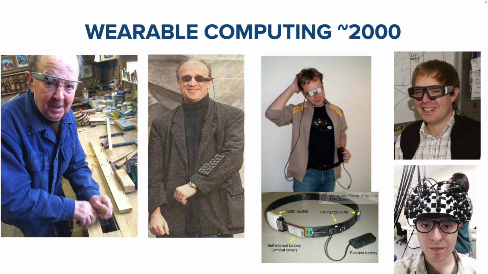So here you see a younger version of myself in the middle wearing a belt-integrated computer. That's the Cubic from ETH, and a head-mounted display as well as a one-handed keyboard to input information and so on. If you're wondering about the belt-integrated computer, that was around the 2000s, and we didn't have cell phones yet, so we wondered where would you wear a computer, and the belt was one idea.